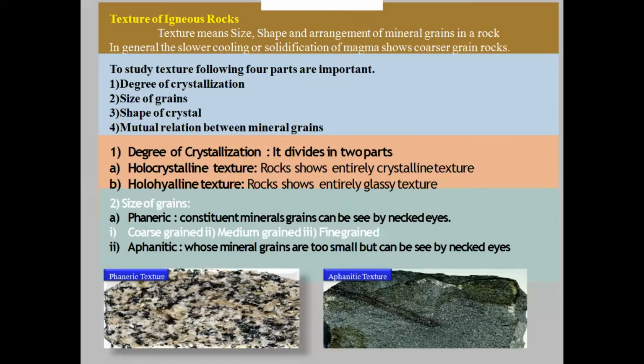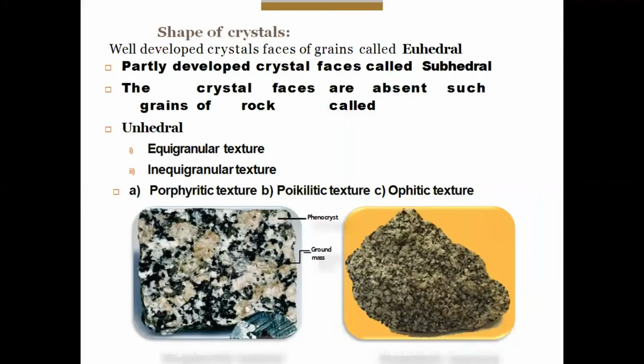And then we came up with the textures, and as I said, textures depend on degree of crystallization, size of grains, shapes of grains, mutual relationship between mineral grains, crystallization, non-crystallization, holohyaline, size of the grains. Phaneric or phaneritic is one term, so it is just like a synonym term. Similarly, aphanitic, no crystals, and then the shape of crystals and